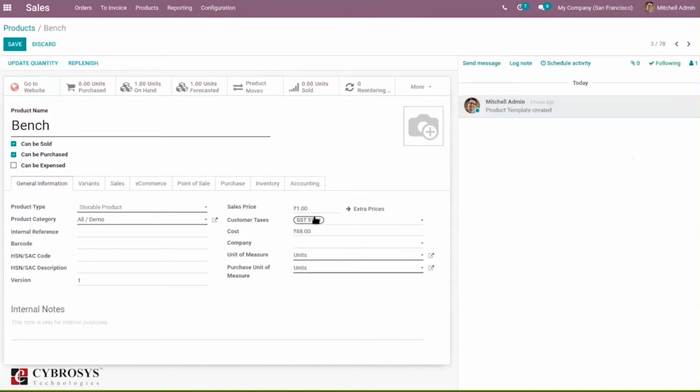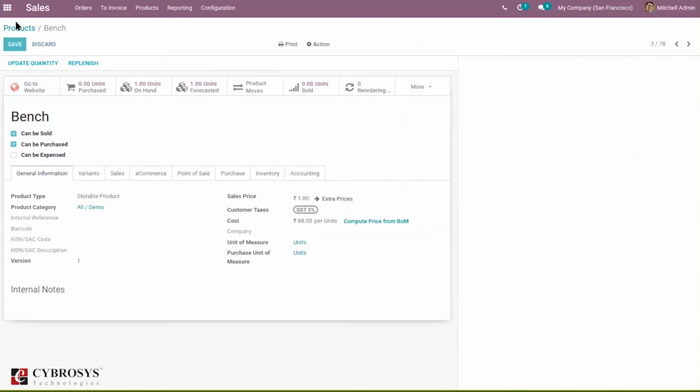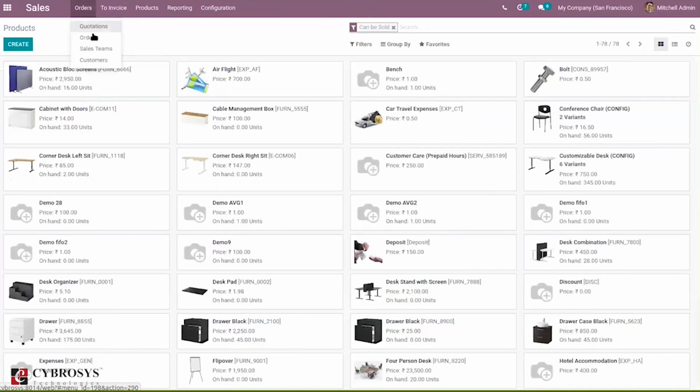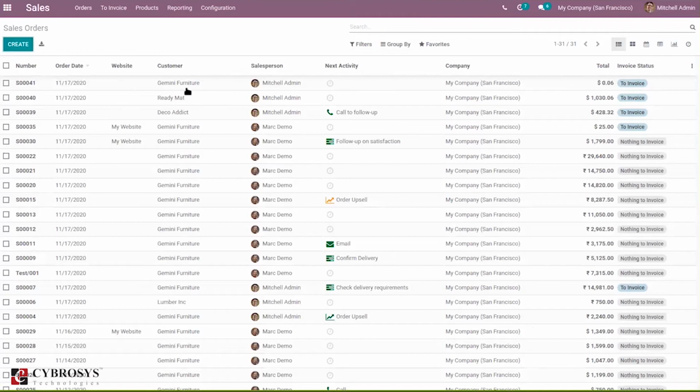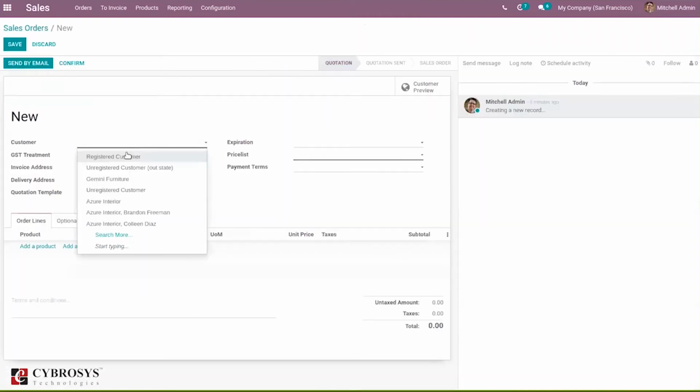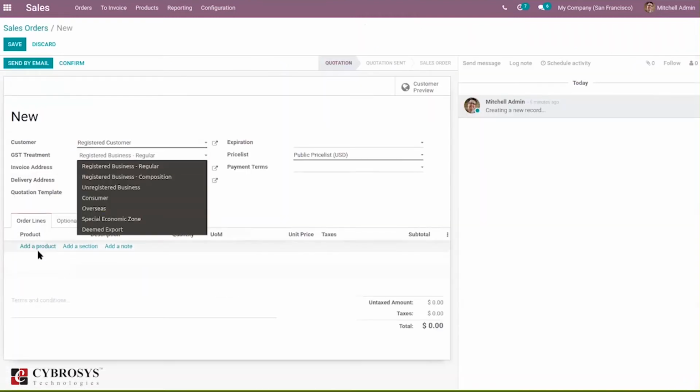Okay, you can see customer tax GST 5%. So I'm creating a sale order for the product.